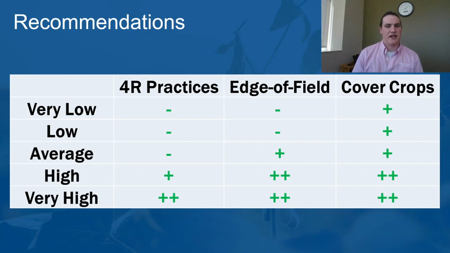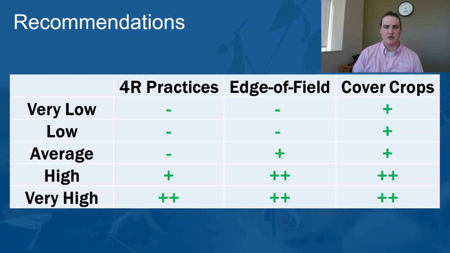Based off that, we can give some recommendations. So if you're very low, maybe you should just look into doing some cover crops. You can have better nutrient management, nitrogen management just by doing some cover crops. Pretty easy. Or if you're average, well, maybe we should look at throwing an edge of field practice on top of that, focusing in. Maybe it's just one tile that's the issue. Let's treat that water. The high, very high, that's when we bring in all these edge of field practices plus cover crops plus nitrogen nutrient management. Bring it all around, and that's where you're starting to lose some money if you're having that much